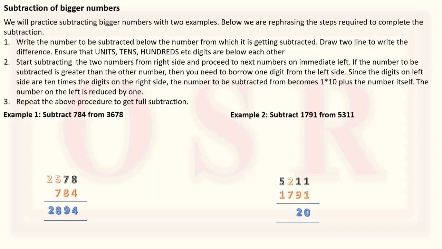Now again 2 minus 7. So we have to again borrow 1. So 5 will become 4. 1 will go to the other side to become 10. And 10 plus 2 is 12. 12 minus 7 is 5. Now 4 minus 1 is the last digit, which is basically nothing but 3. Right? So the number is 3520.